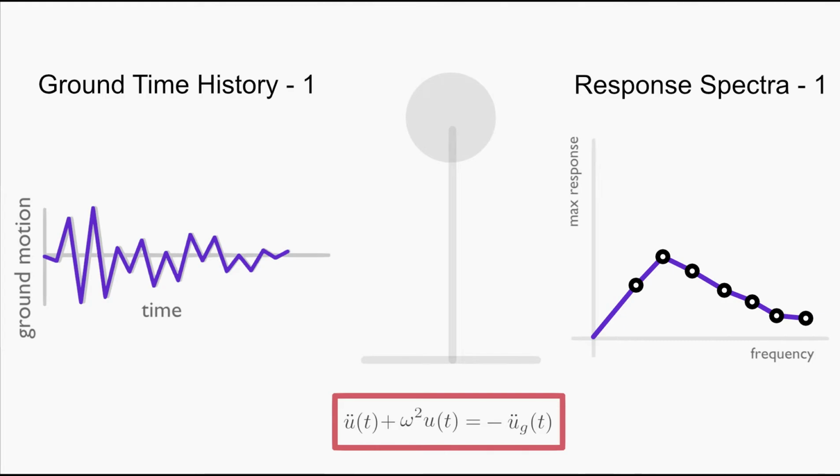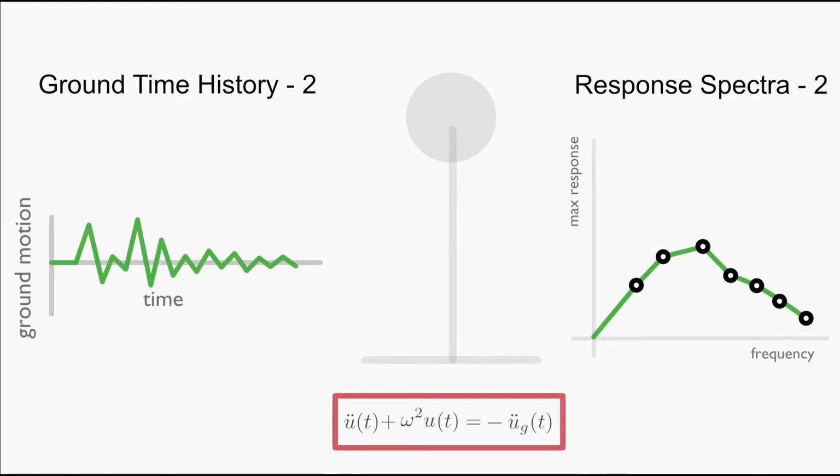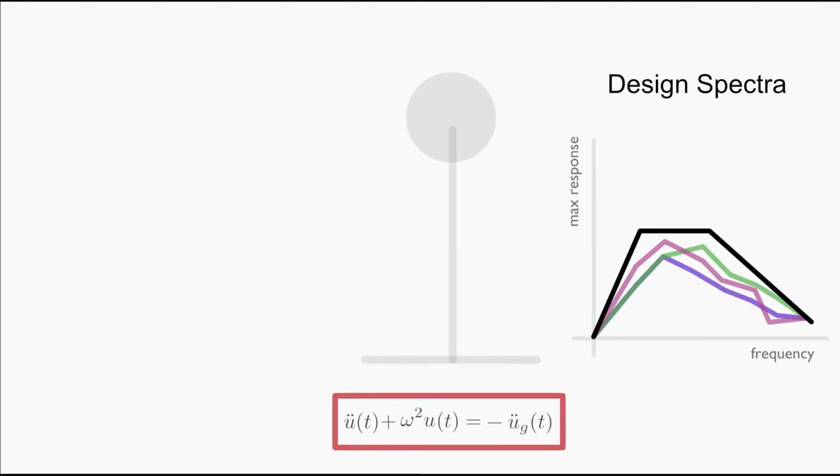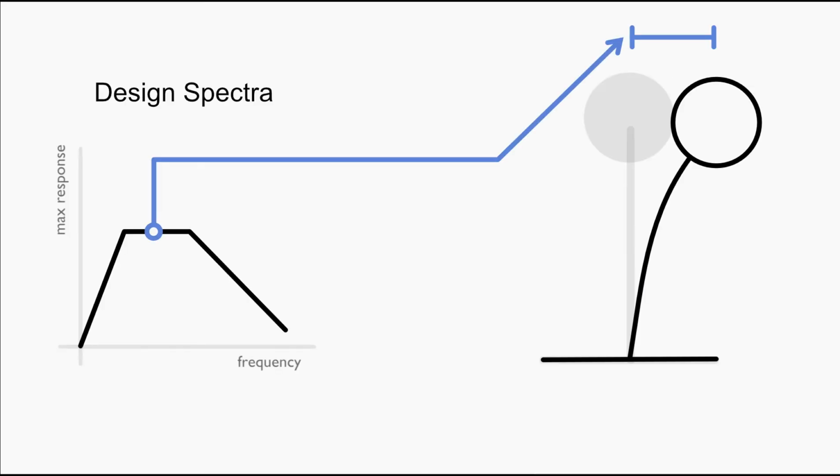This plot is termed as the response spectrum corresponding to a particular time history. It contains the information of the maximum response of any system when subjected to this time history. We could generate multiple such response spectrums for different input time histories and envelop them to get the design spectrum. And that is it. Once created, it could be used to directly predict the maximum response of any structure in a given seismic zone. We could just evaluate the structure's natural frequency and get the corresponding response from the spectrum without undergoing the tedious calculations.